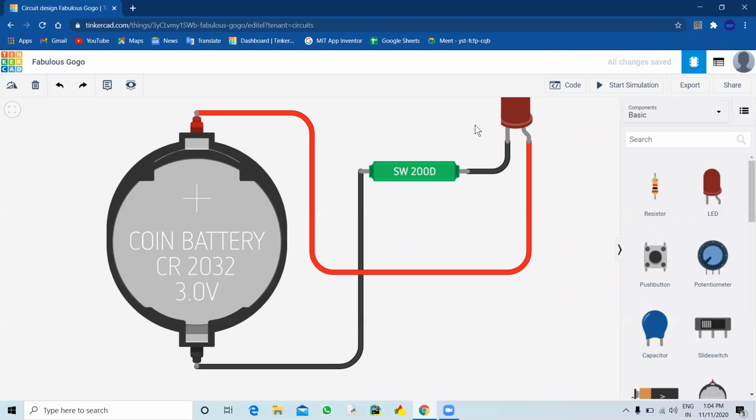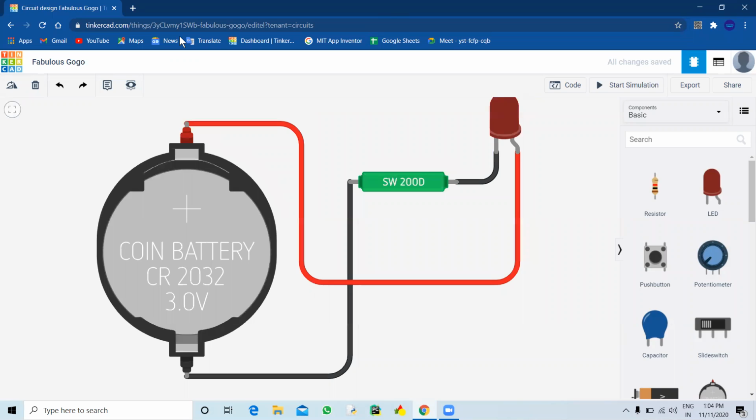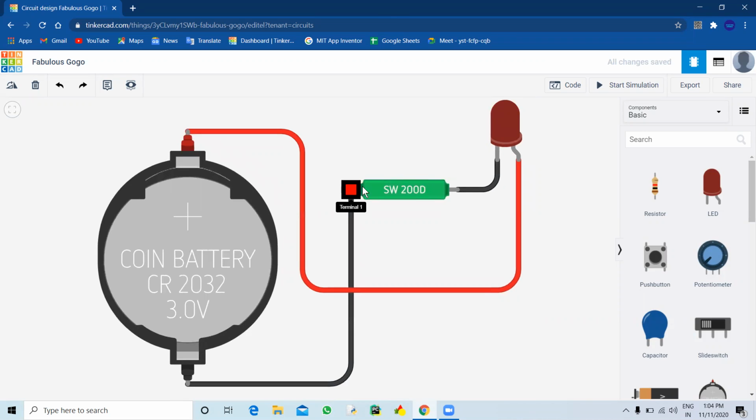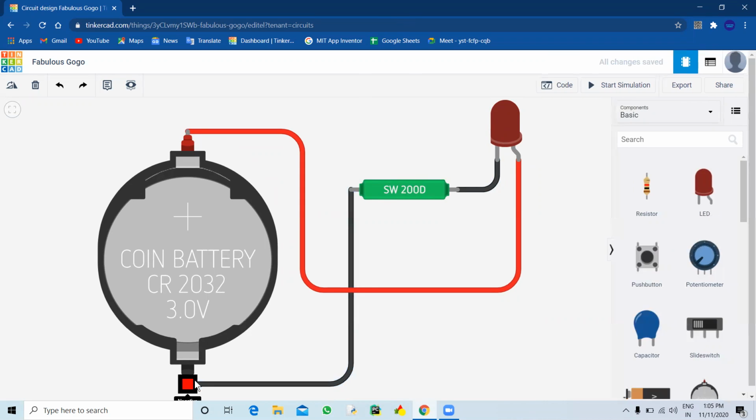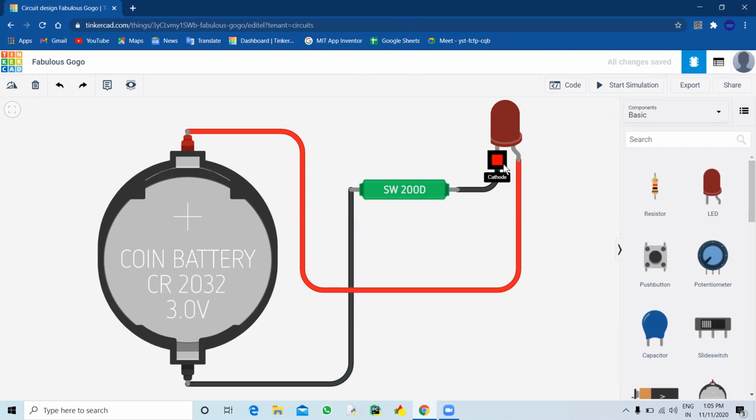So here I have created my circuit. Now I will explain you why I've connected it and where I've connected it. I will explain you everything. So this is a non-polar component. First of all, the tilt sensor is a non-polar component, and I have connected the cathode with the terminal 2 and the terminal 1 with the negative of the coin volt battery. Now the cathode is getting the